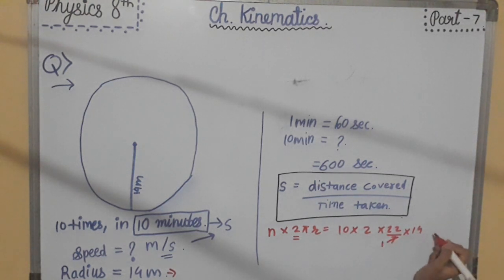We can simplify this. 7 1s are 7, 7 2s are 14. Again 10 into 2 into 22 is 440, into 2 will become 880. So distance is 880 meter,